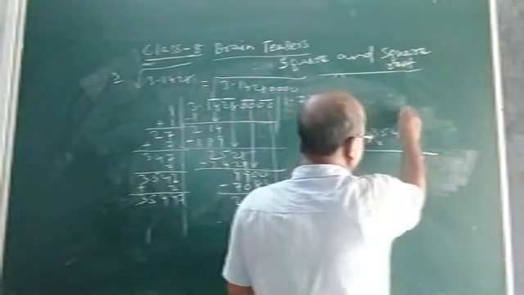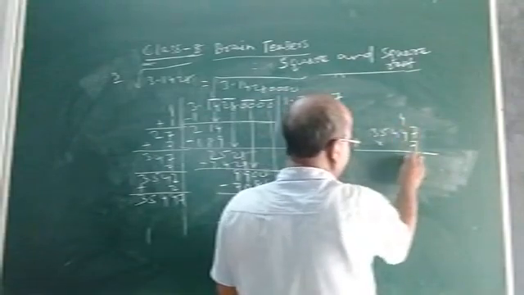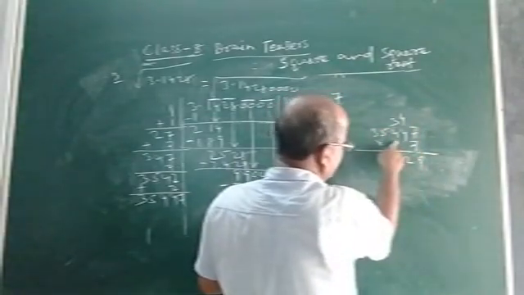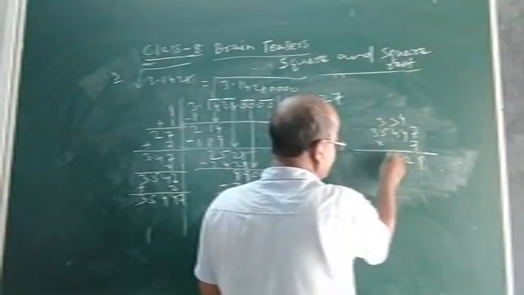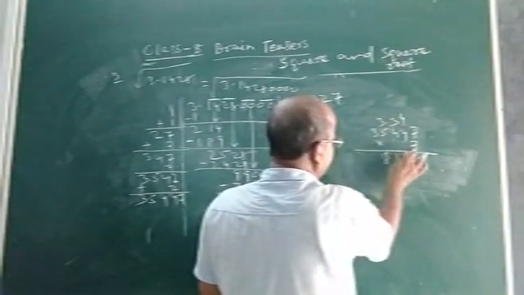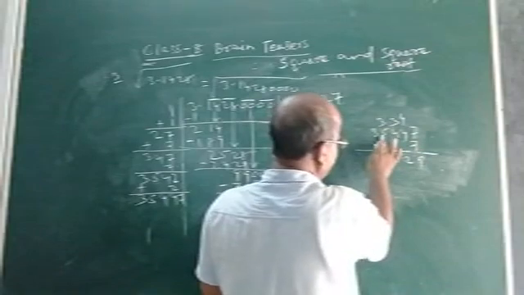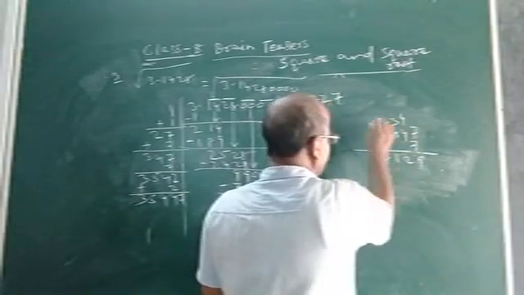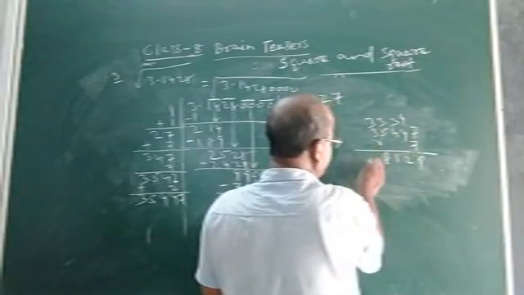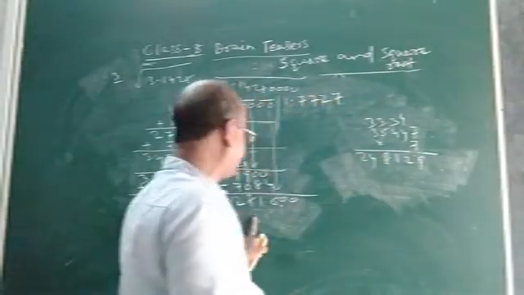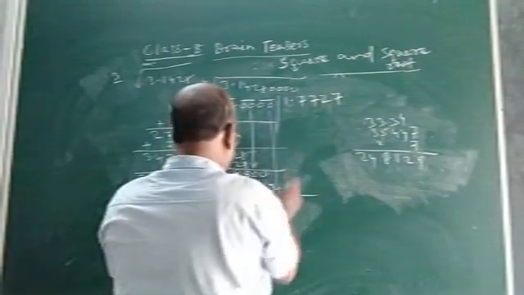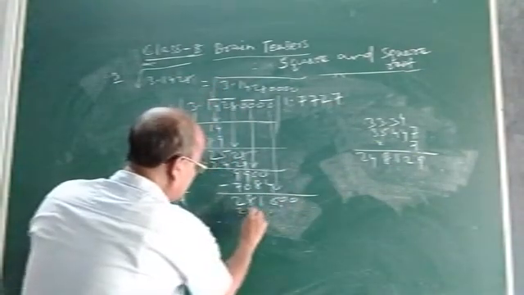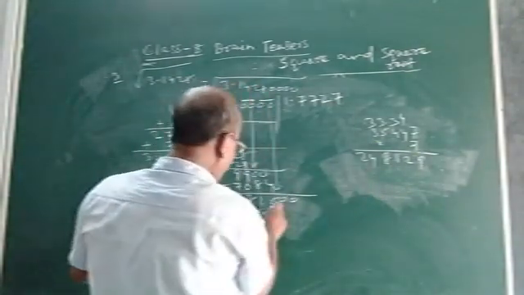7 7s are 49. 7 4s are 28, plus 3 is 31. 7 5s are 35, plus 3 is 38. 7 5s are 35, plus 3 is 38, carry 3. 7 3s are 21, plus 3 is 24. You see, this number is less than this, 2,48,000. So it is less, so we will take 7. So what is the product? It is 2 4 8 1 2 9.